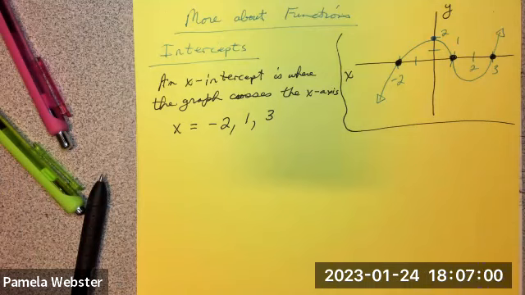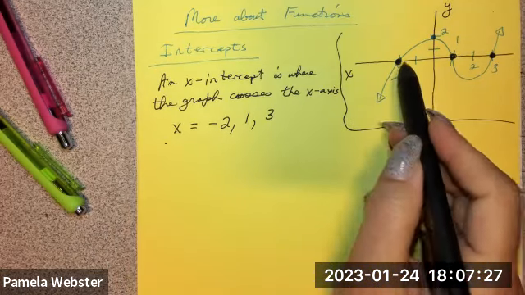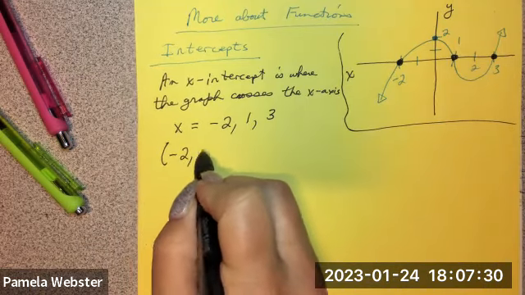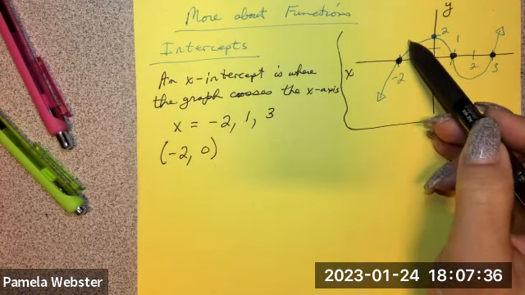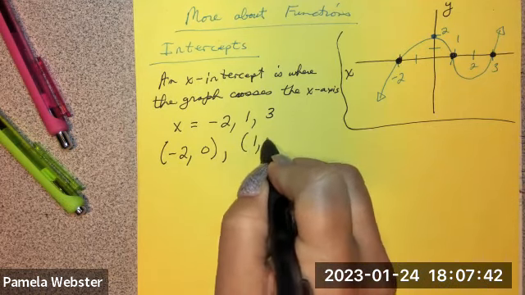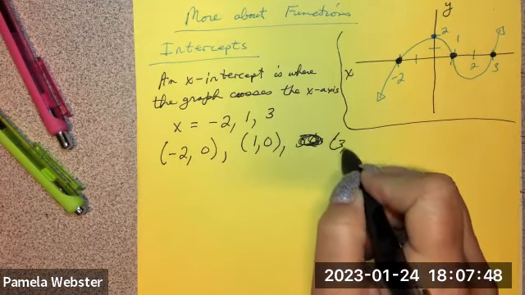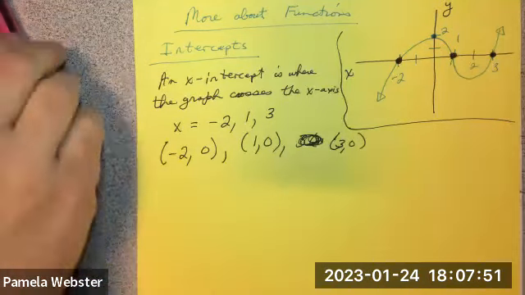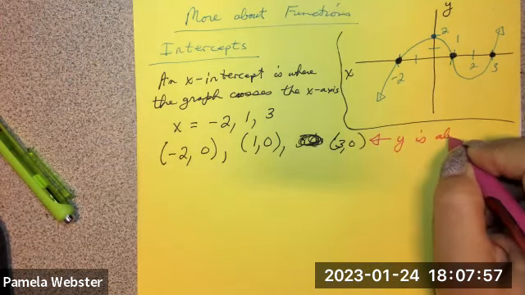Okay, so that's all great. But sometimes they'll ask me for the actual point where there is an x-intercept. So points are always x and then y. For this point, my x value is -2 and my y value is 0 because I'm not going up or down any, right? So I've got -2, 0. I've got 1, 0. And I've got 3, 0. There's my ordered pair. And what we notice about this is the y is always 0